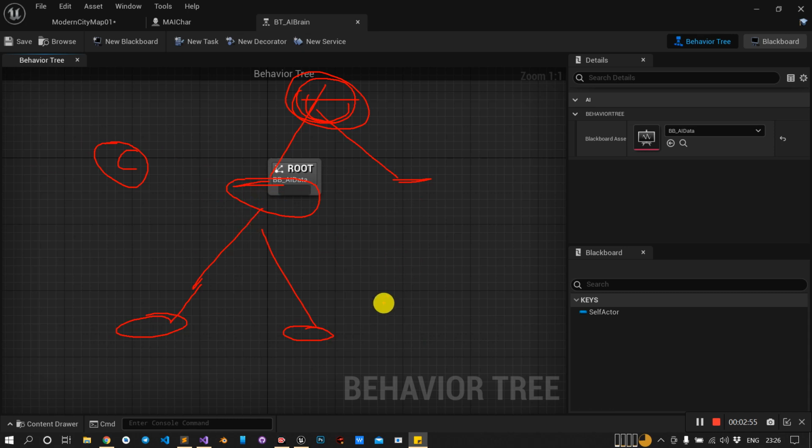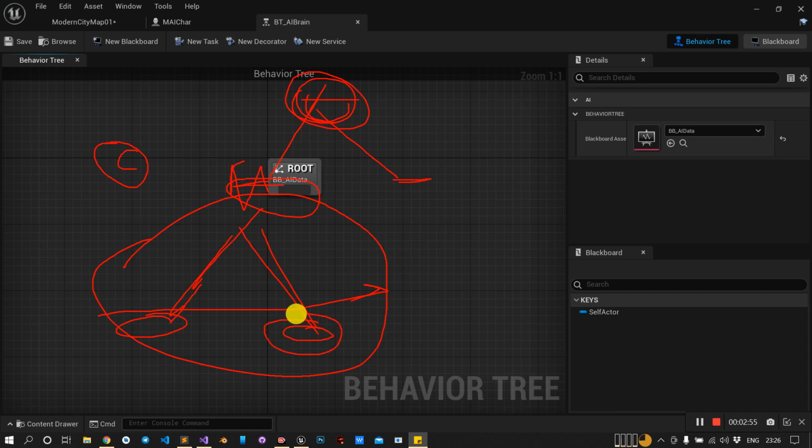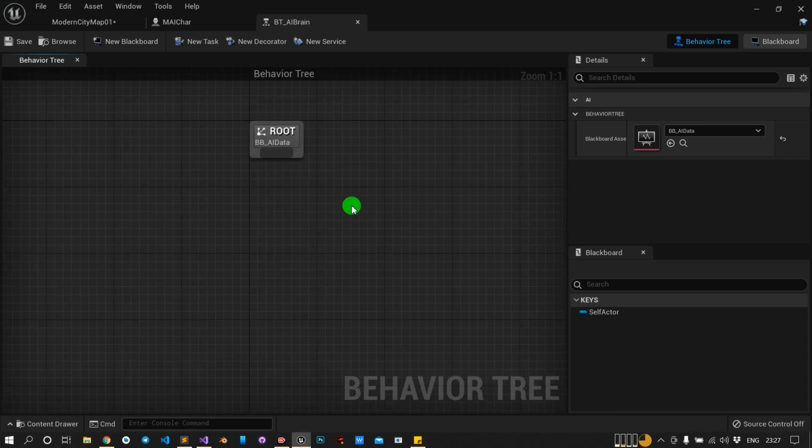Okay, so what is the difference between the two? The composite nodes will decide how you will run the path. Like first you want to go this way or you want to go parallel. So these things will be decided by the composite node. Now what task to do will be decided by the leaf node. Okay, so these are the major differences between these two. So let's look at the composite node and the task node.